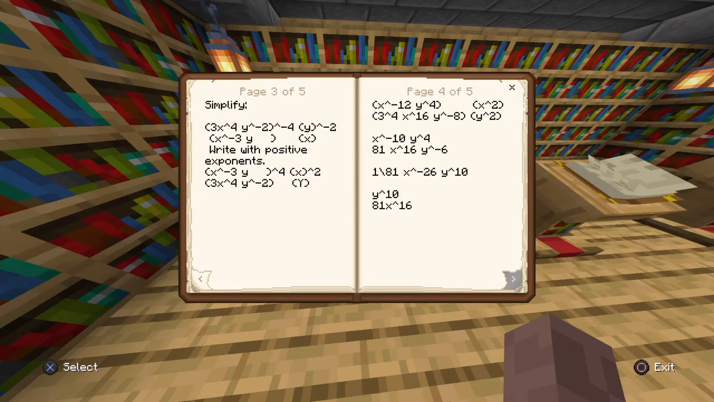On the next line, we want to subtract, using one of our laws here. This will get us 1 over 81, x to the power of negative 26, and y to the power of 10. The last thing we want to do